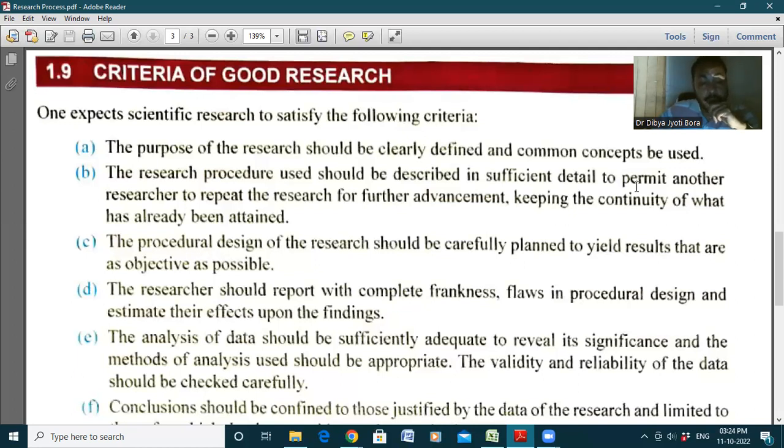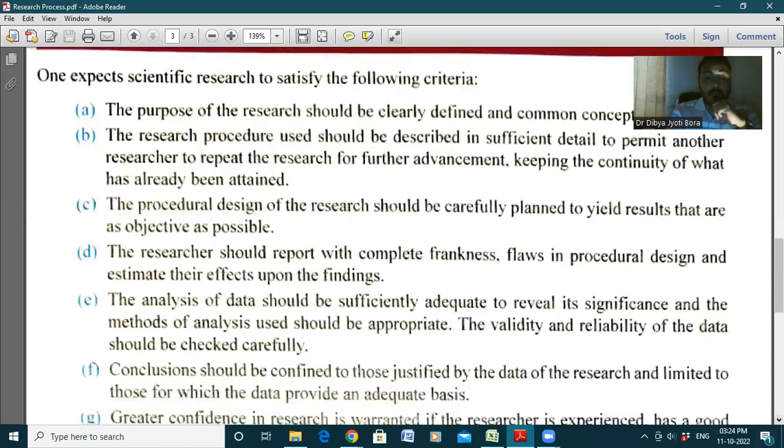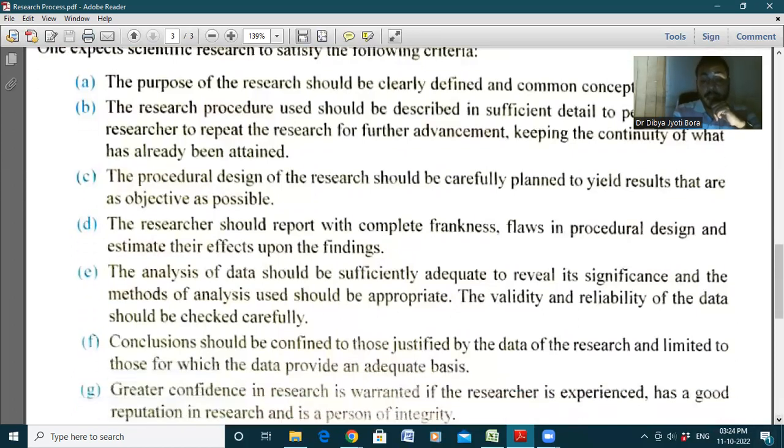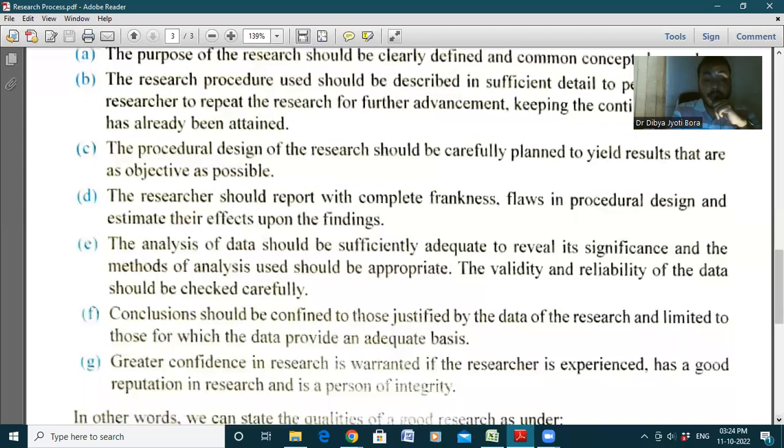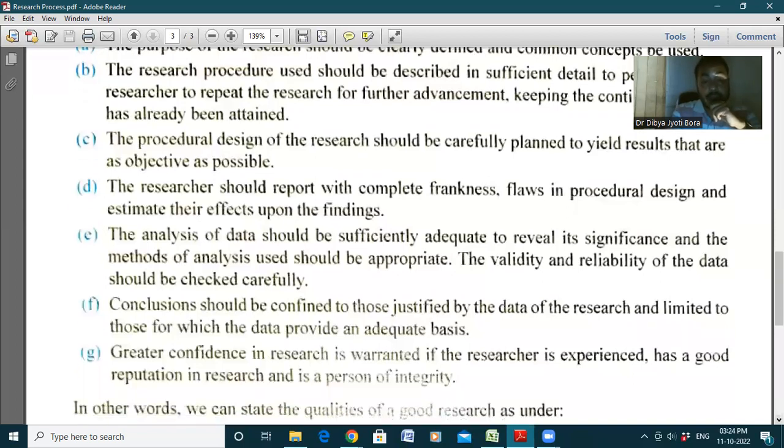Conclusions should be confined to those justified by the data of the research and limited to those for which the data provide an adequate basis. Greater confidence in research is warranted if the researcher is experienced, has a good reputation in research, and is a person of integrity. So in simple words, we can say,